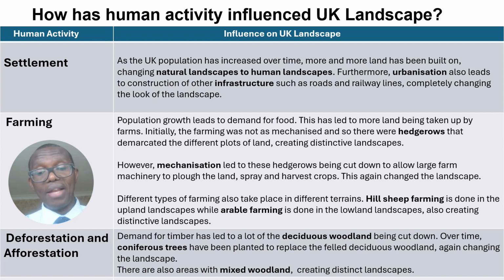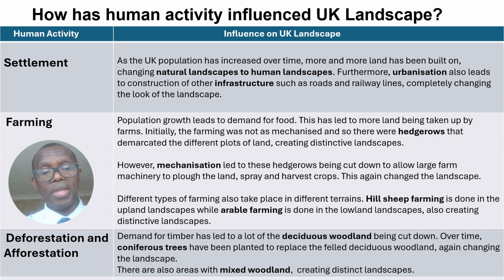And that again has changed the landscape. So from a landscape that had hedgerows to one now that has got very big open fields where intensive farming is taking place. So the landscape is continuously changing. And then we also have hill sheep farming, which is going to be taking place in the upland landscapes. And then arable farming, which is the growing of crops, is likely to be taking place in the lowland landscapes, also creating distinctive landscapes and changing the way the landscapes